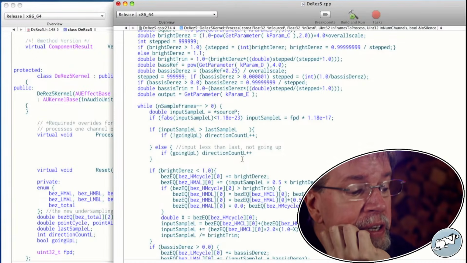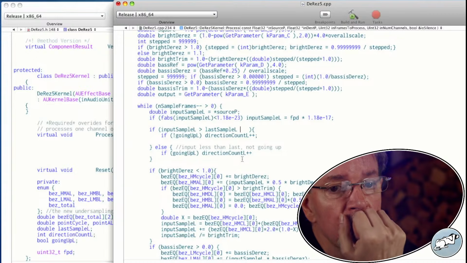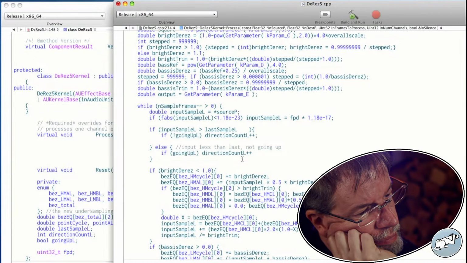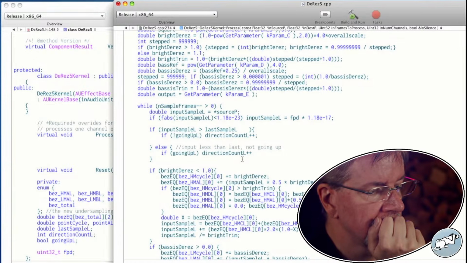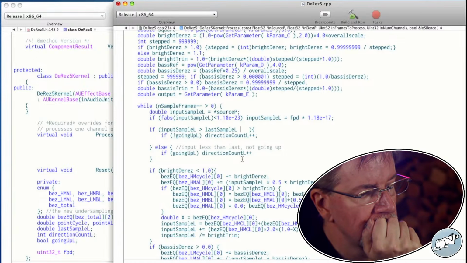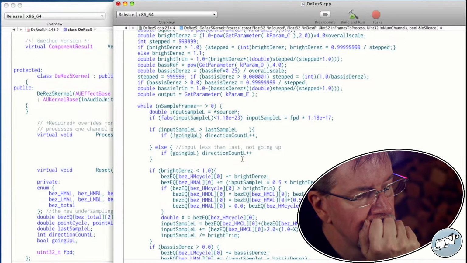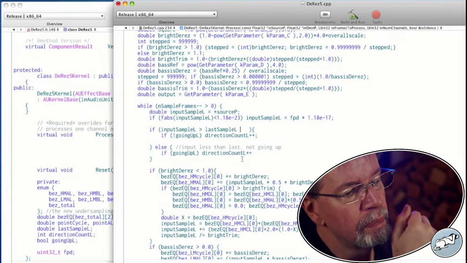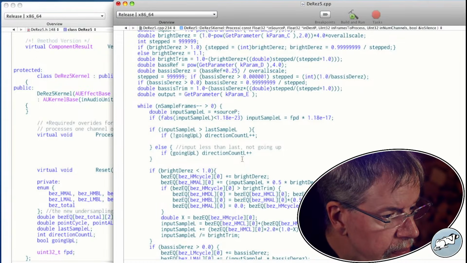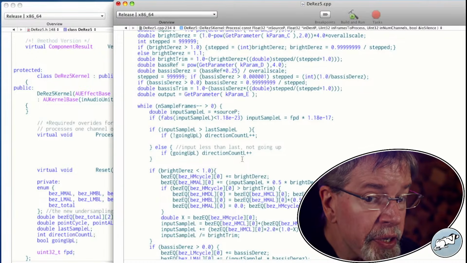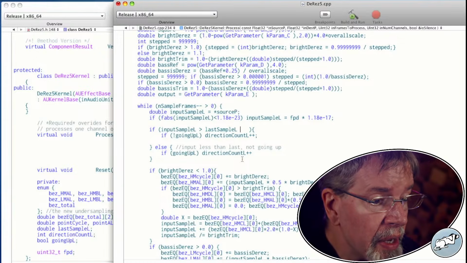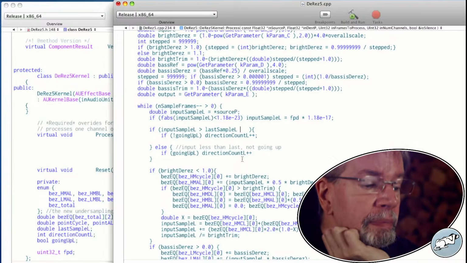Don't mind me, this is actually not hard. I'm just having to think it through. Oh, I knew I had something going on in there. I'm actually going to need to update going up.